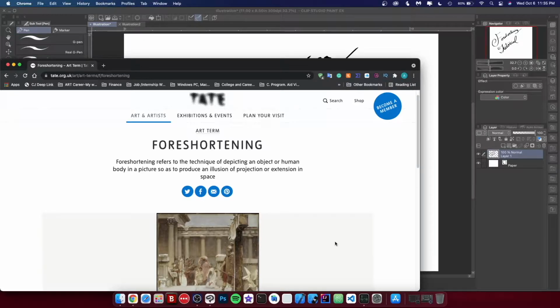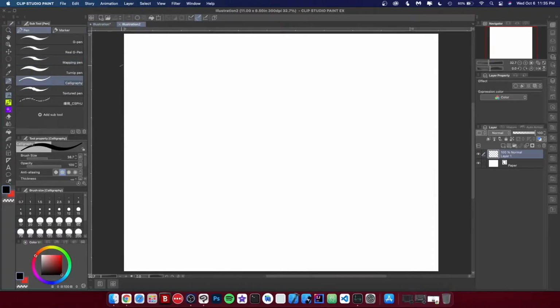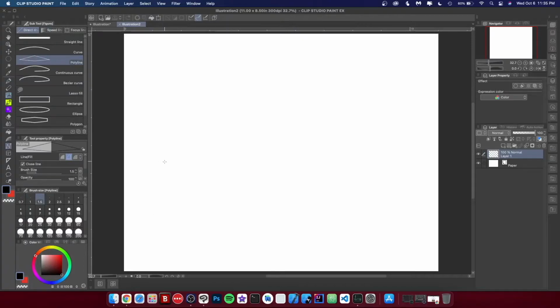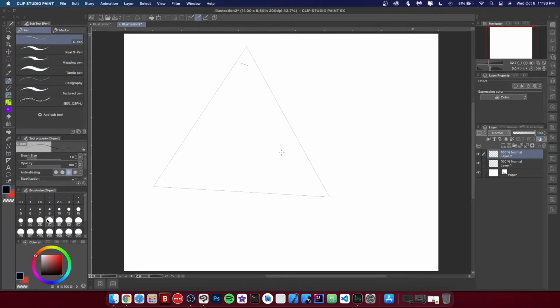But in the way I see it, foreshortening is actually when, say, you have the figure, and when drawing the figure you basically have to change certain proportions based on how close or how far away the figure is.